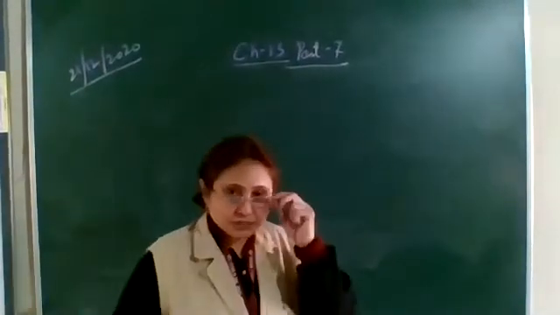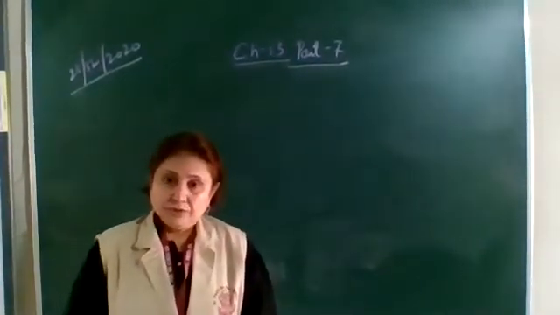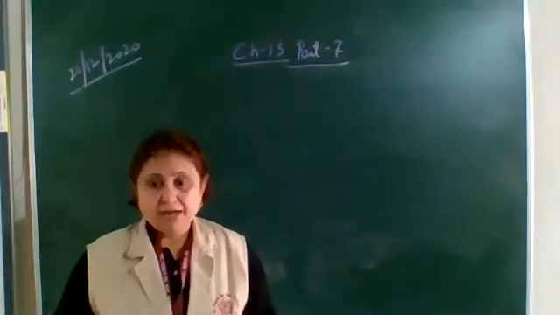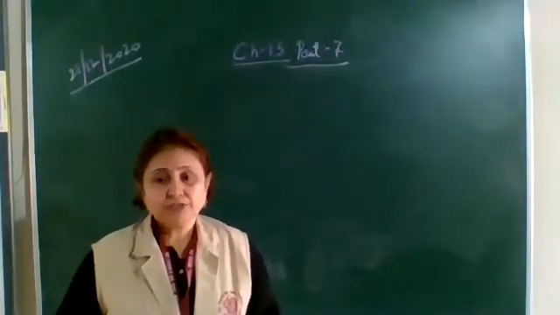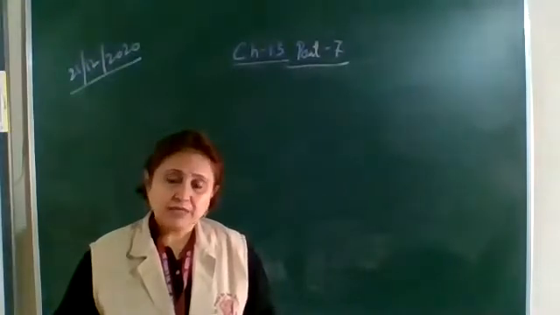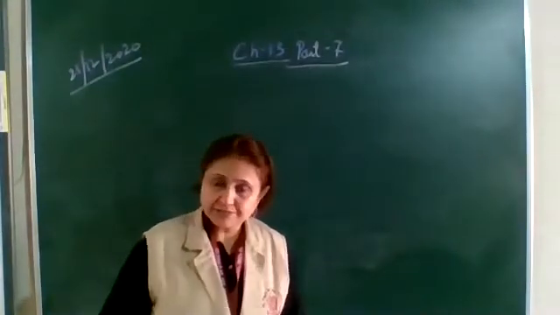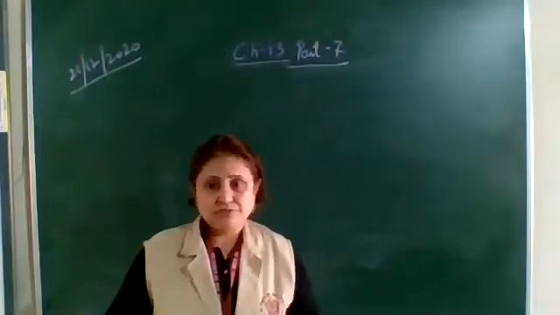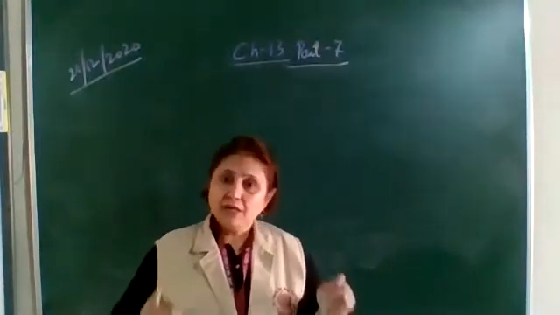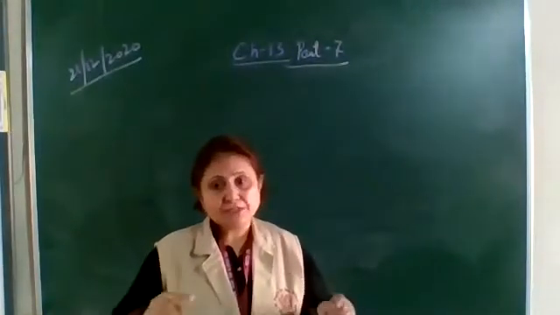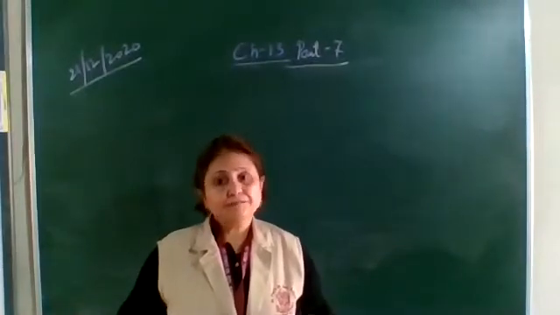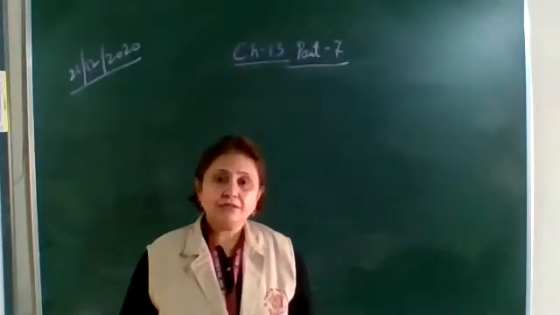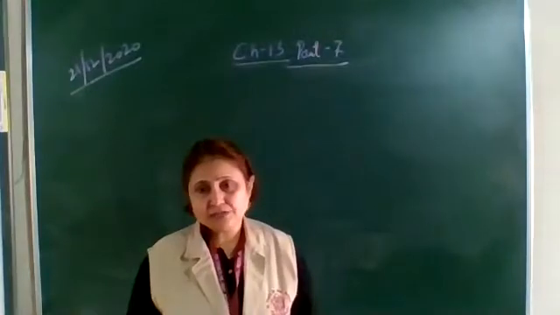Good morning, students. We have discussed the magnetic field. It is the region of space around the magnet or around the current carrying wire in which its magnetic effect can be experienced. This region of space, we call it the magnetic field. And in this magnetic field, some imaginary lines could be drawn, which give the direction of the magnetic field. These are called the magnetic field lines.